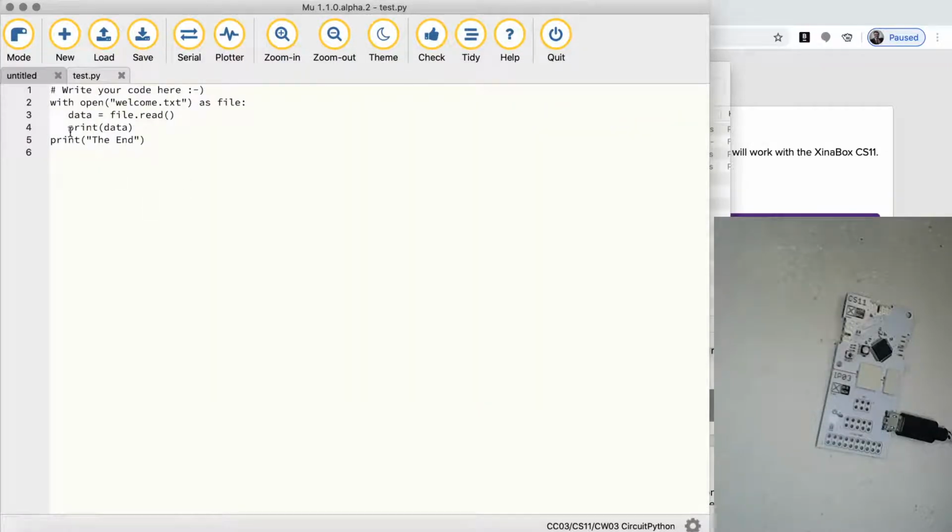So my test program does here: it says with open welcome text as a file, read the file, print the data, and then print the end. Now this is a very standard way of reading files in Python. You can do it other ways, but this is like the correct way of doing it in Python. And I'm just using this to show, and it's the same code I run on all of them, because this is actually straightforward Python. But this is just to show how the